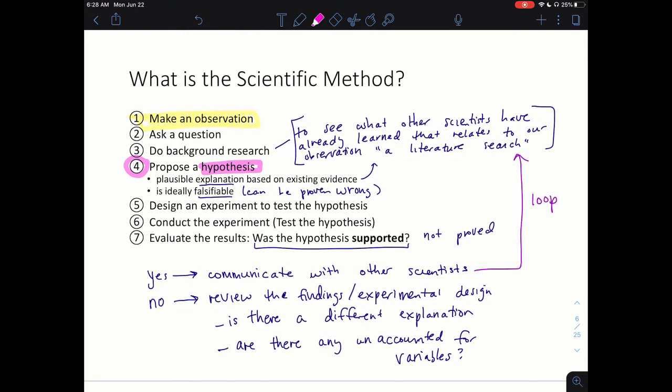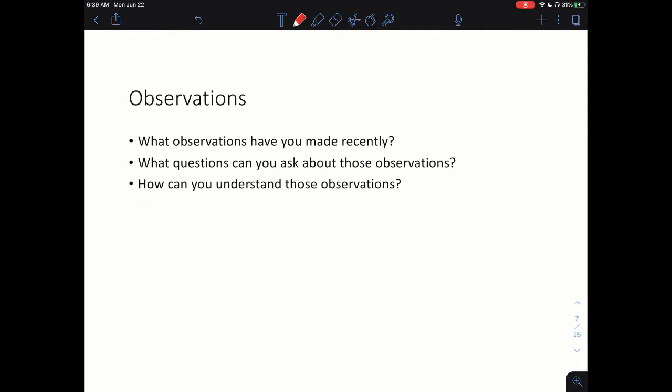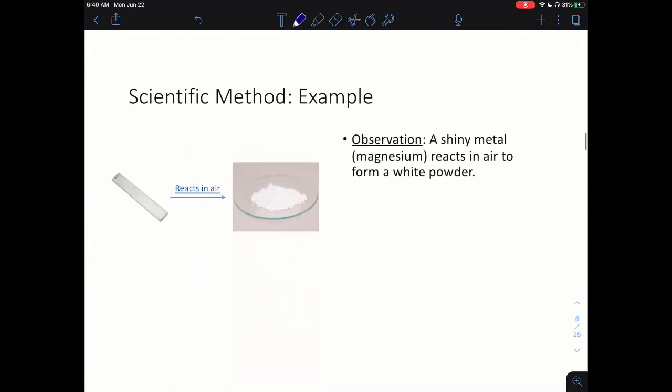The best way to learn the scientific method is to apply it. And so we're going to be doing that. I will lead you through applying the scientific method to an observation in just a moment, but you yourself will also work with a team to apply the scientific method to an observation that you have made recently. You will try to apply the scientific method to just any observation that you've made recently. I will try now to apply the scientific method to a chemistry